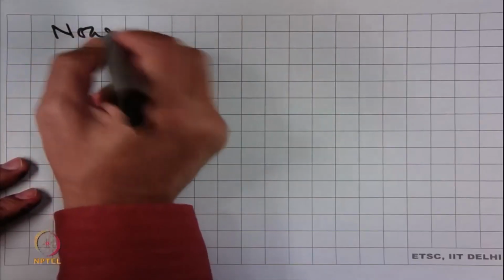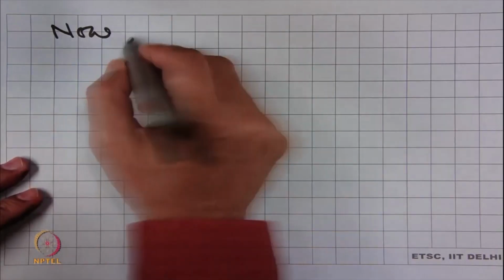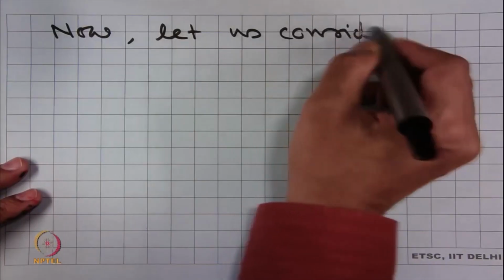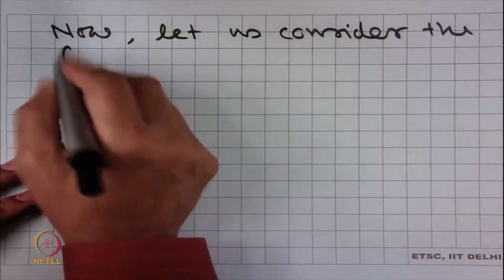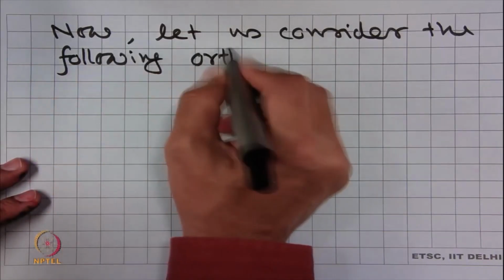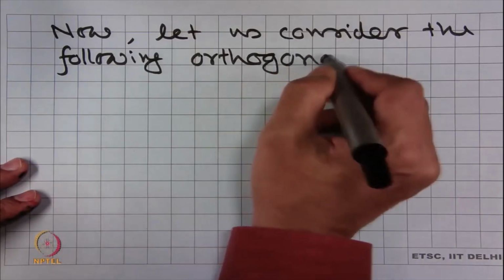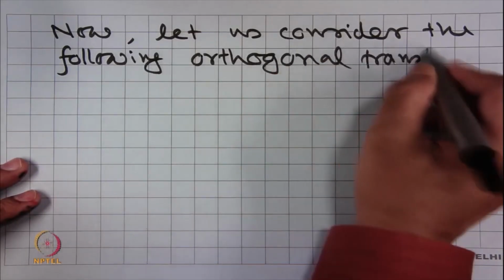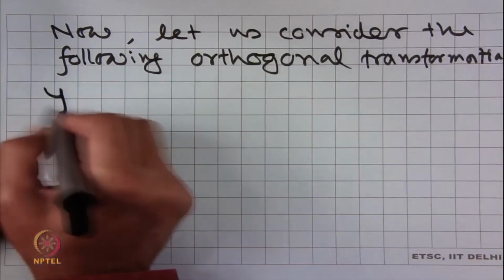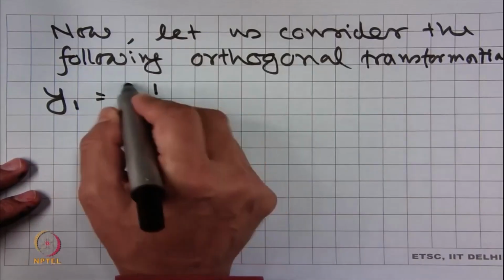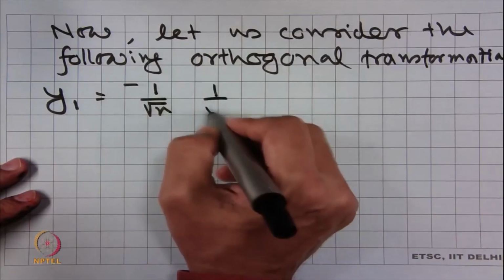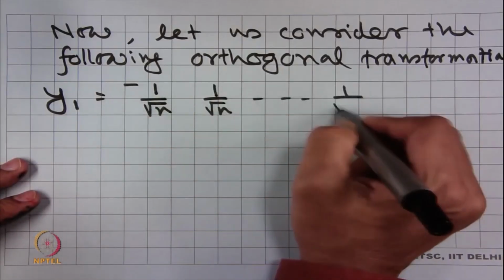Now, let us consider the following orthogonal transformation. y1 is equal to 1 over root n, 1 over root n, 1 over